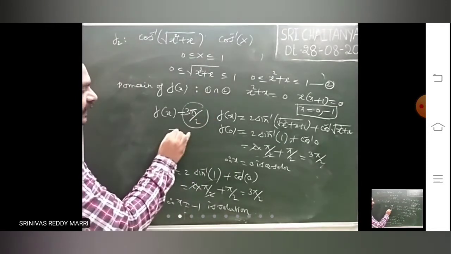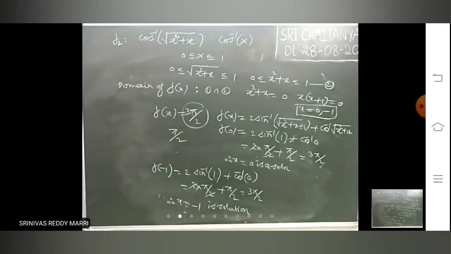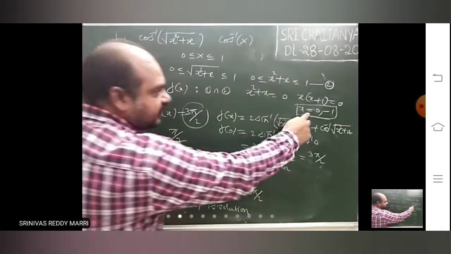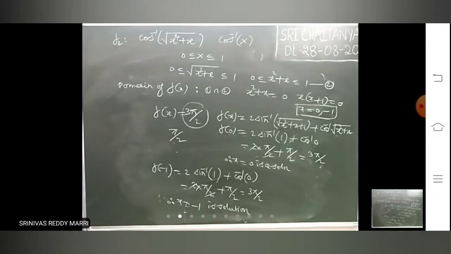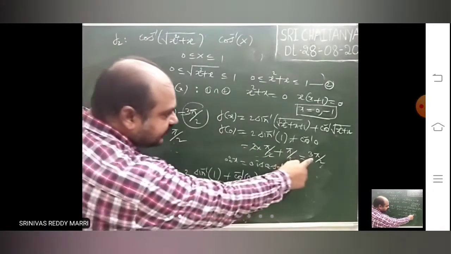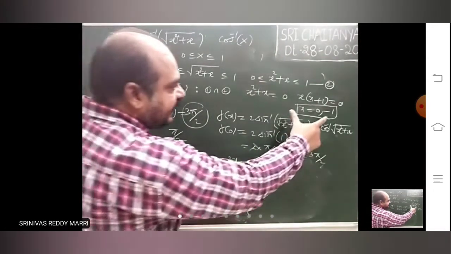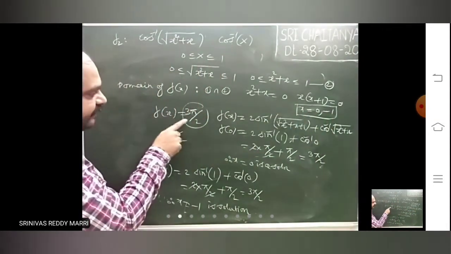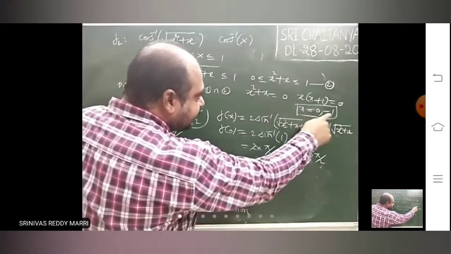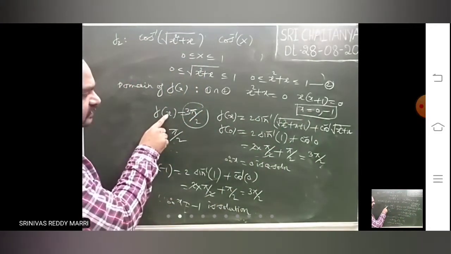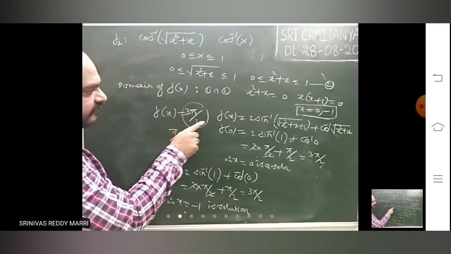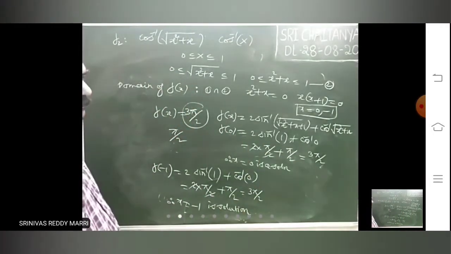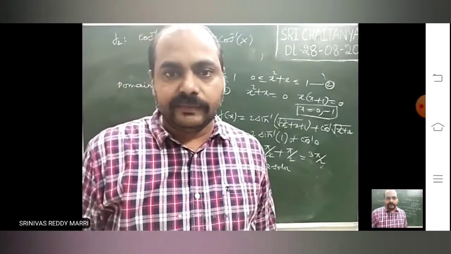Suppose instead of 3π/2 here, I have given π/2. Then 0 and -1 both are not solutions, because I will get 3π/2. That means after getting the domain, you have to check whether this is becoming 3π/2 or not. I have just calculated the domain. You have to check whether that will become 3π/2 or not. For those values, you check. Whichever you get 3π/2 for, that is the answer. This is one method of doing it.